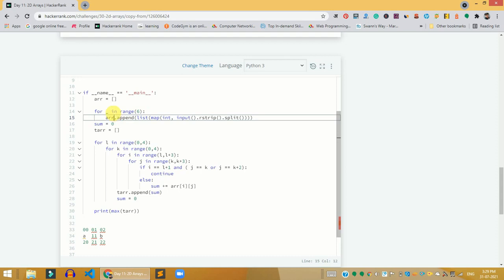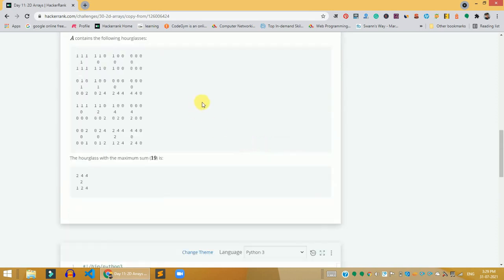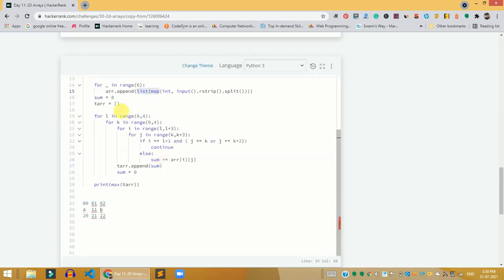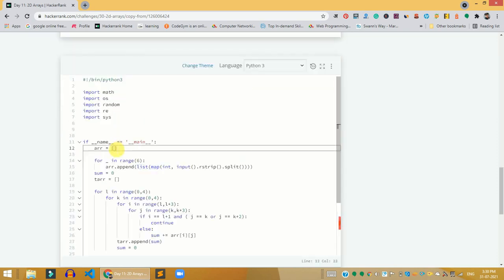Okay, with the range of 6, because there are always going to be only 6 values. I am going to map the first line and take this line as a list, and I am going to store it into this array. So it will take 6 lists as well. Okay, so we have the 6 lists here. I am just explaining with 2 lists here, but there are going to be 6 lists